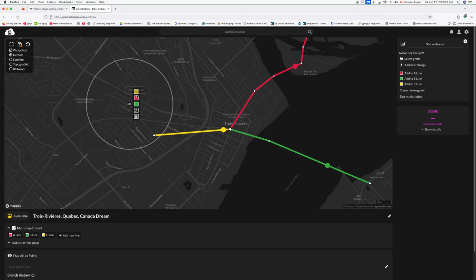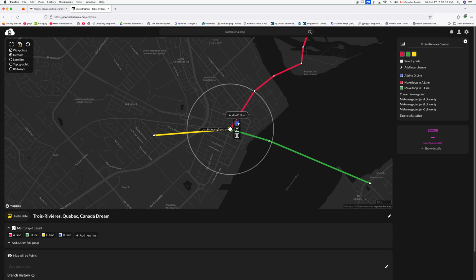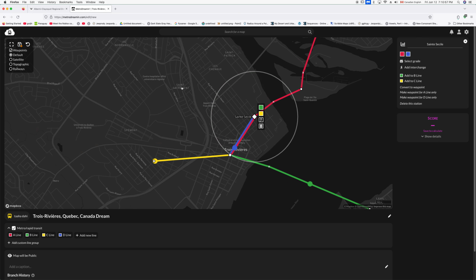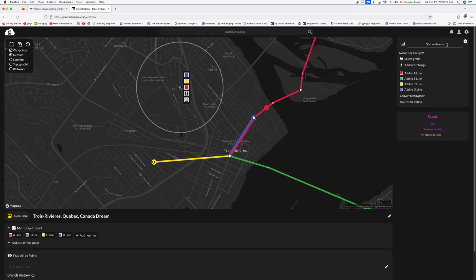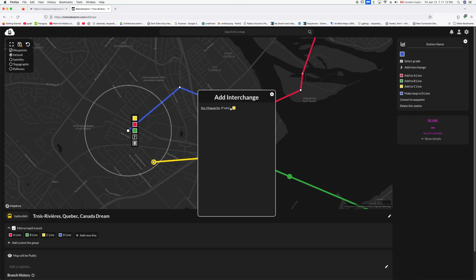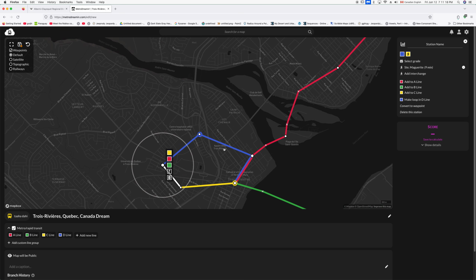And now let's talk about walking interchanges. Let's add a D line just to show. Okay, so the D line goes starting north, but then goes to Saint Sacrament. But to make an interchange to Saint Marguerite, that's a walking interchange. Anyways,